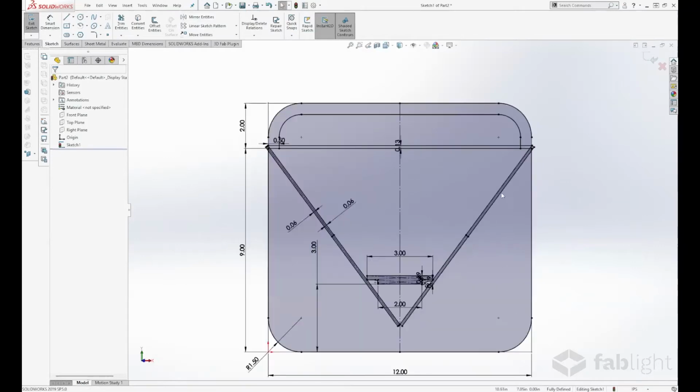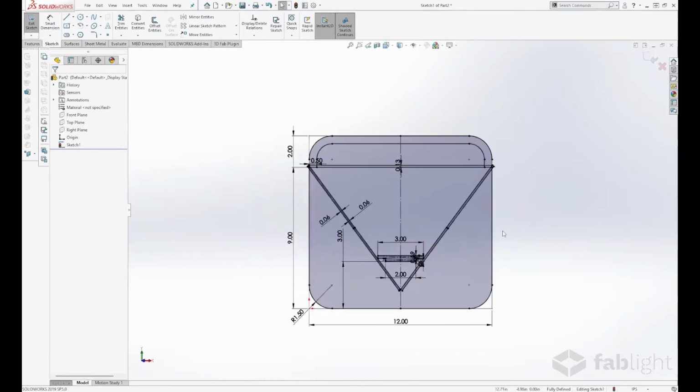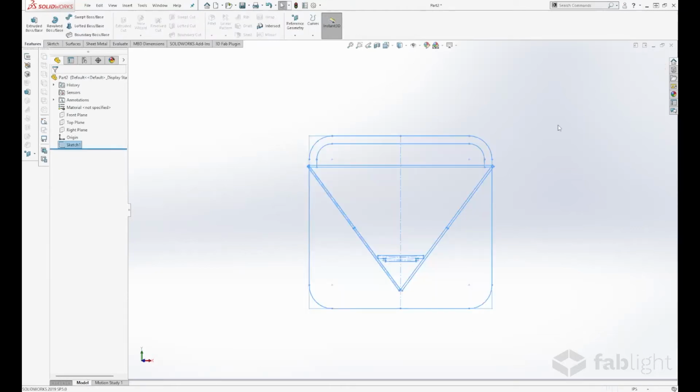All right, so now we have basically the important structure of our front and back walls. We have our crossbar here. We have our two sidewall slots and our two sidewall shapes. And then we have our handle here, right? And this is all dimensioned out so that if we wanted to, and we did on our side, we actually made this a lot shorter. Originally, it was quite a bit wider, but because we've got all these great references in here, this is really easy to manipulate and change the shape up. So we're going to exit out of this though, because we're going to switch